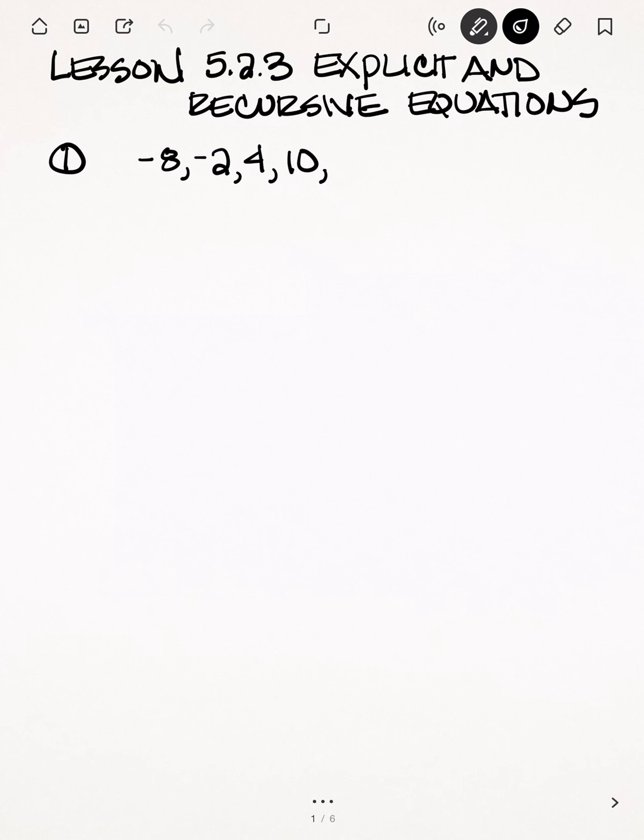So let's do that. How much is this increasing by? This is increasing by 6. And if we look here, this is increasing by 6 because negative 2 plus 6 equals 4, and negative 8 plus 6 equals negative 2. So it looks like our sequence generator is positive 6. So if we keep adding 6,